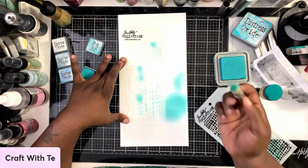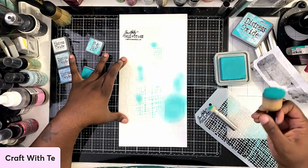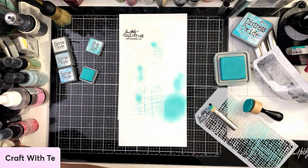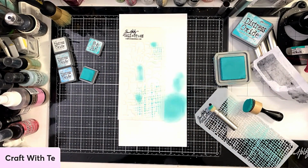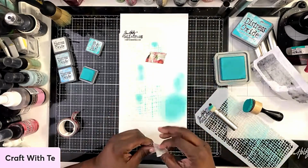So if you were trying to do, I don't know, blue, green, and yellow, and you wanted to put the colors in specific places, using the stencil brush will allow you to do that because